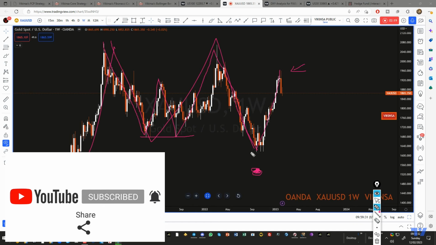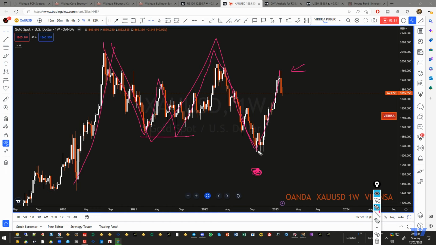Okay, so what I was trying to say is that that M pattern does not complete where it started this bull run from. It actually completes here. But because the market created this bull run, what we can expect is that in the long run, this can come down and form a bigger M pattern, which is going to go beyond this 1500 level or so. So that can be a very good short opportunity on gold, but we will trade what we see. I'm looking at the weekly time frame, so that particular thing can take months or possibly years to form.